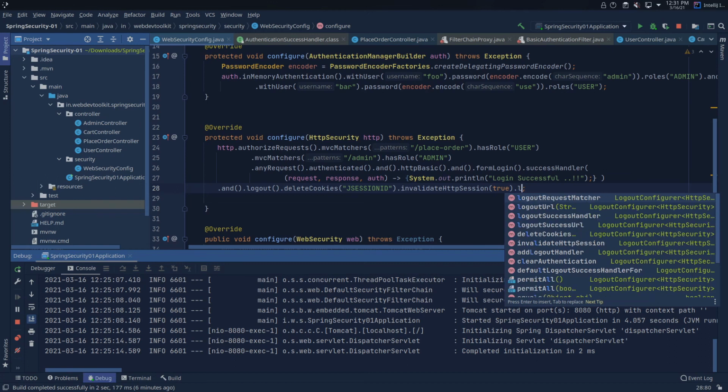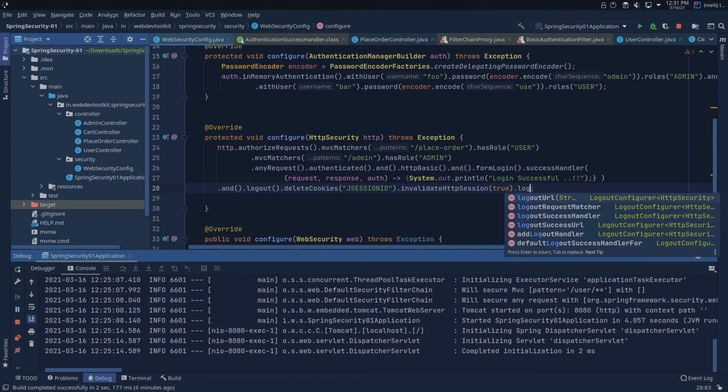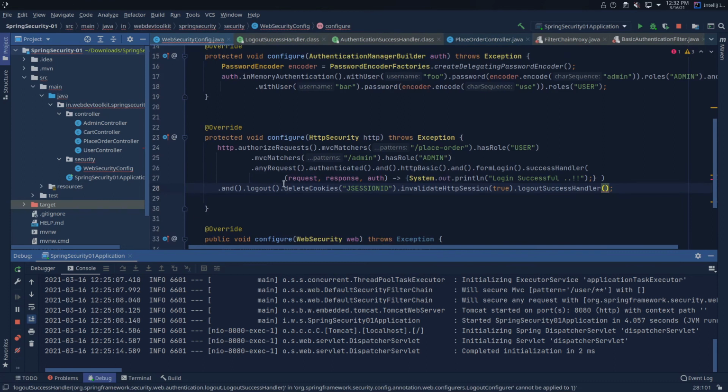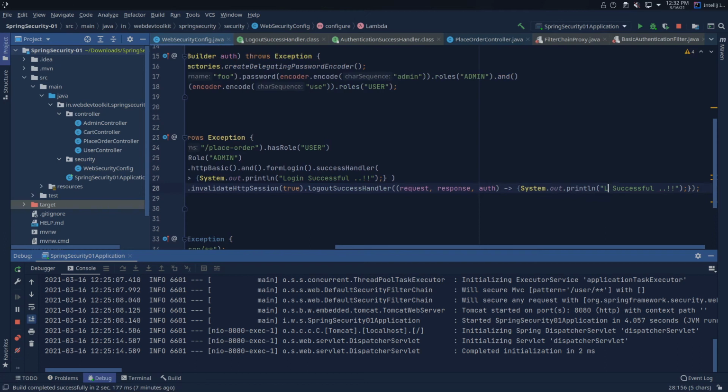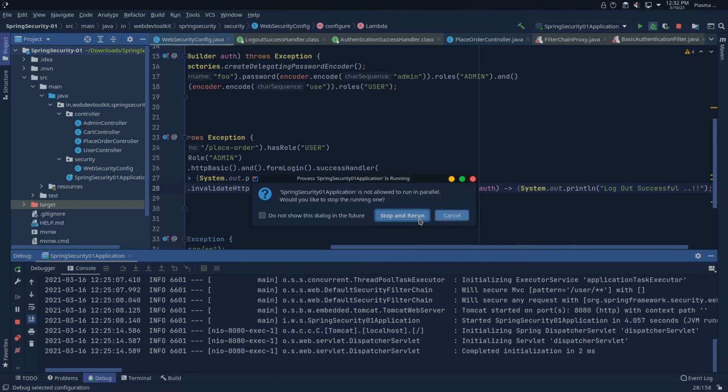Also, you can add a logout success handler. It takes a parameter like the login success handler. Let me make it print logout success, and let me restart the application.